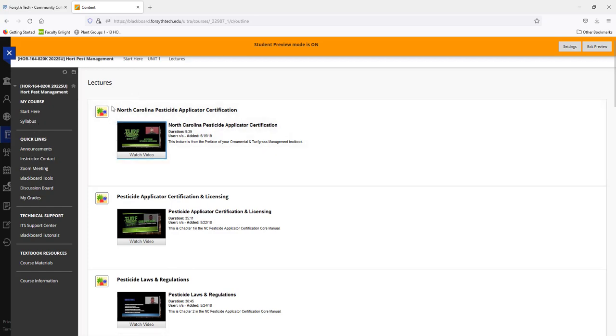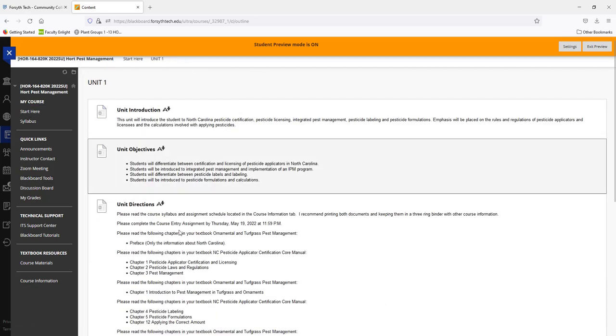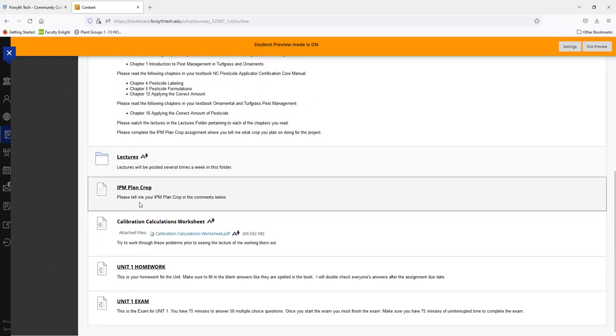So we're going to pop back in to start here, Unit 1. Here's where you're going to upload your IPM plan crop. I mean, you're just going to tell me what it is. So you can do it for a turf grass. You can do it for a greenhouse plant. You can do it for a specialty crop. You can do it for a tree. Whatever it is, choose one crop, and you're going to complete an IPM pest management plan, integrated pest management plan